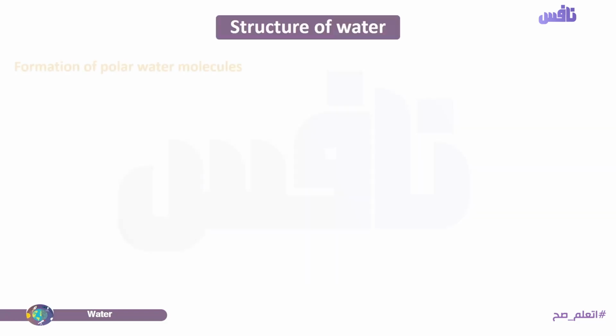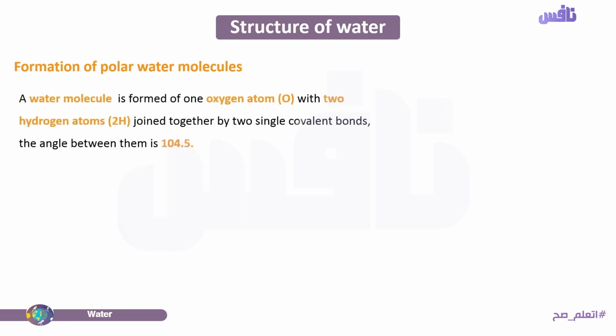The structure of water. Formation of the polar water molecules. How is the water molecule formed? A water molecule is formed of one oxygen atom with two hydrogen atoms, joined together by two single covalent bonds. The angle between them is